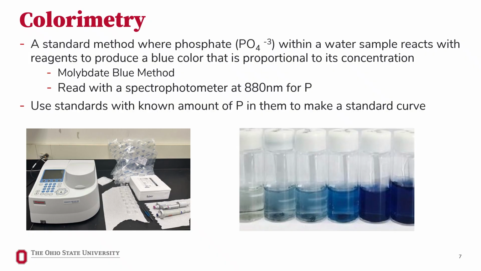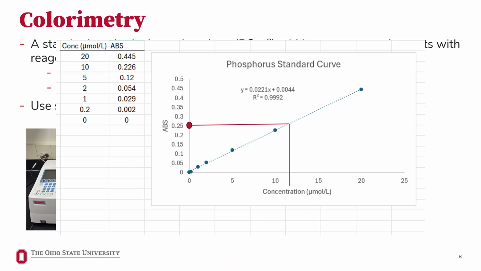As an example, let's say that I made this standard curve, and then I read the absorbance of one phosphorus sample to be 0.25. I can compare my sample to the standards containing known phosphorus concentrations to find the phosphorus concentration of my sample. I can use the equation of the trend line on my standard curve to mathematically calculate the phosphorus concentration of my sample. The R-squared value